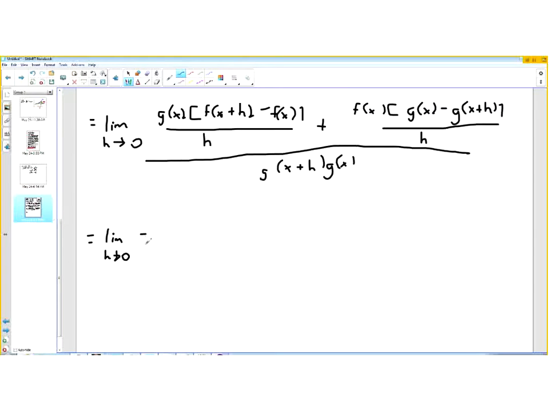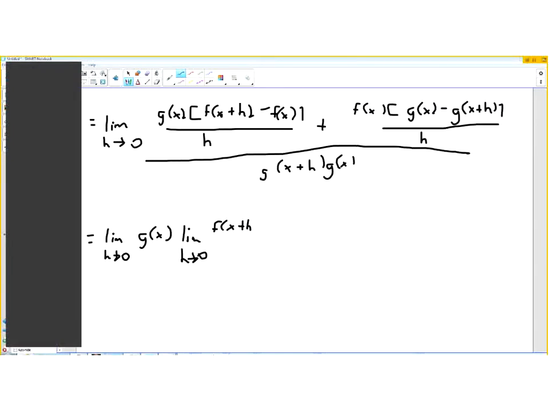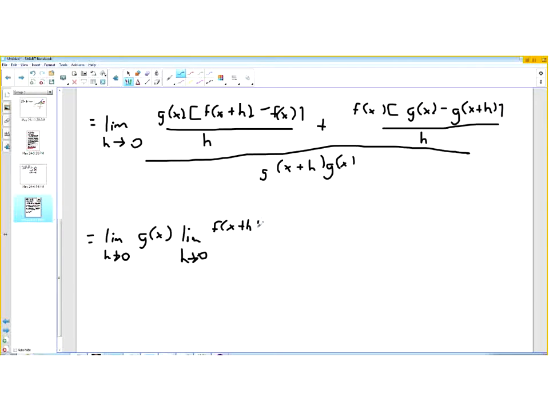So the limit as h approaches 0 of g of x times the limit as h approaches 0 of f of x plus h minus f of x over h, plus